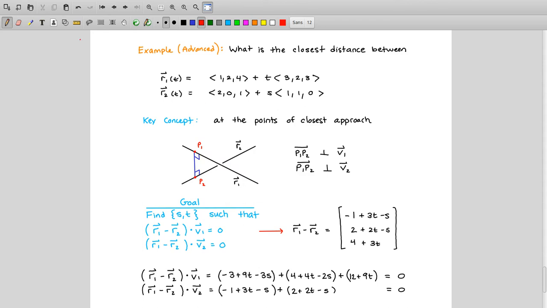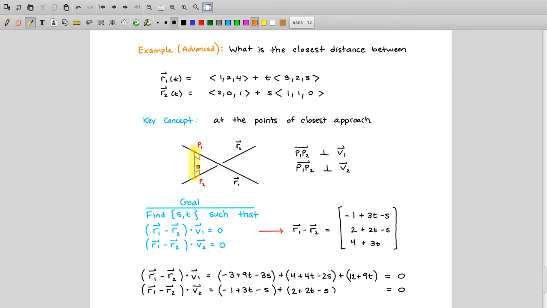And what turns out to be the key is that at the point of closest approach, the line segment of closest approach between these two lines, you make a right angle with both of them. Okay? And you can see this because suppose you thought you were at the closest point and you were not at a right angle. Well, then you could shorten the line by sliding the point along so as to make the angle closer to right angle. That would be reducing the distance. And so it's when both angles are right angles that you are in fact closest between the lines, the closest